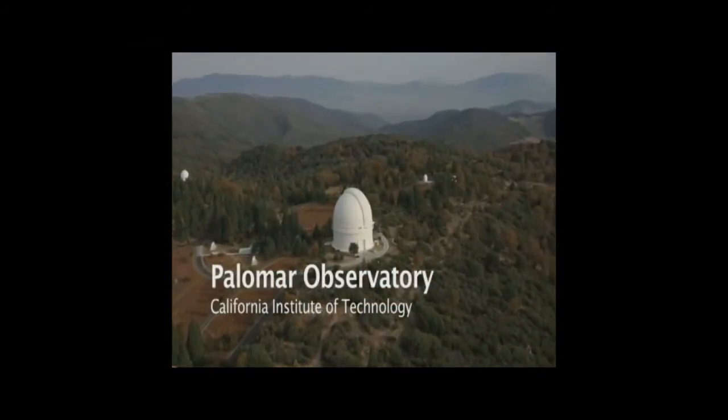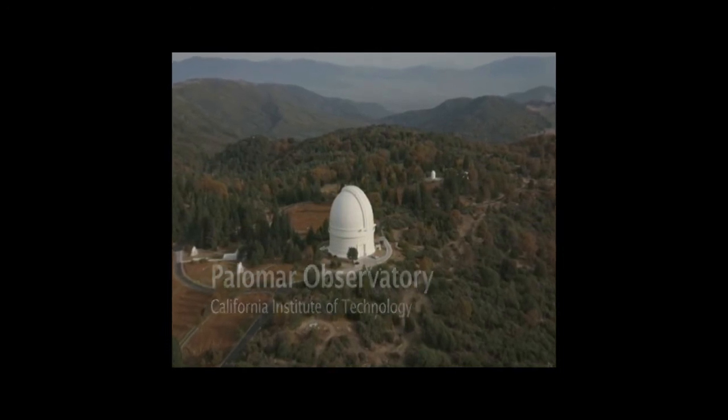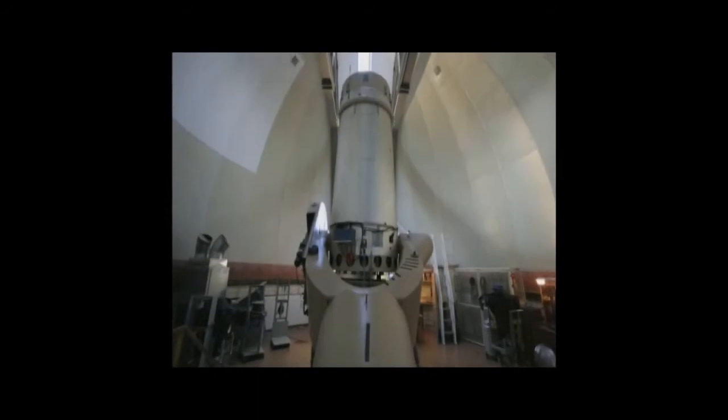The California Institute of Technology's Palomar Observatory is located in the rugged wilderness of Southern California. It is home to three principal instruments: a 60-inch telescope,